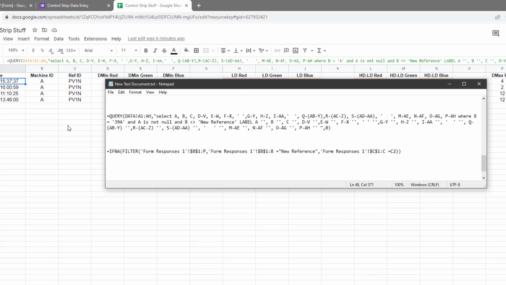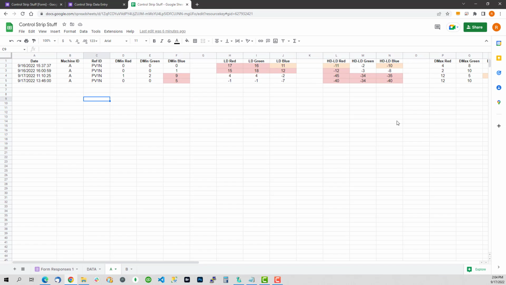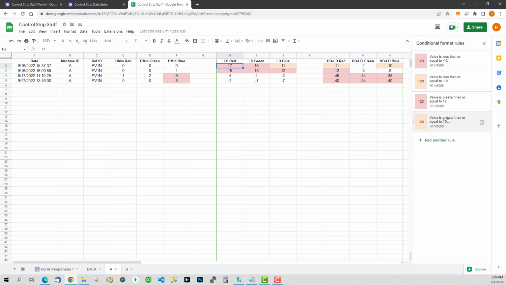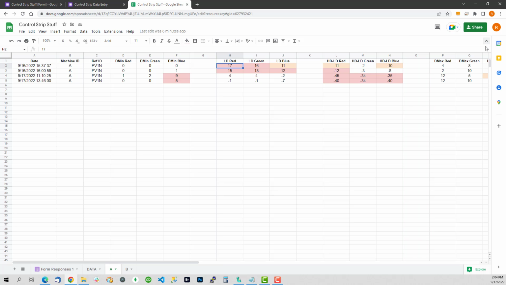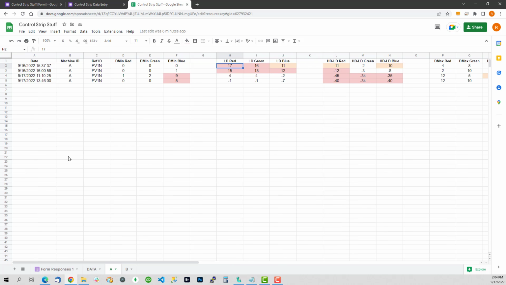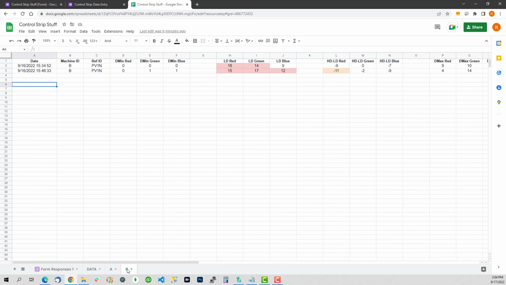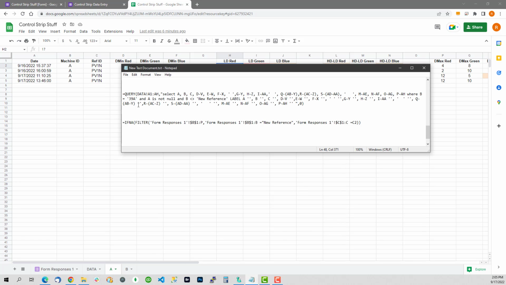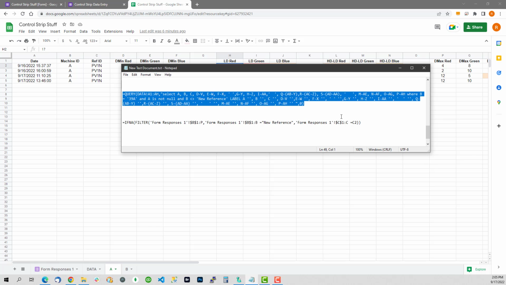And that's it. The color coding's pretty easy. You just do that under formats, conditional formatting, and you can see some of my different color coding things that I have going on there. And I think that's it. Here's the one for B, same thing. And most of all that was, to be able to do this, was to come up with this query to give the data sheet,